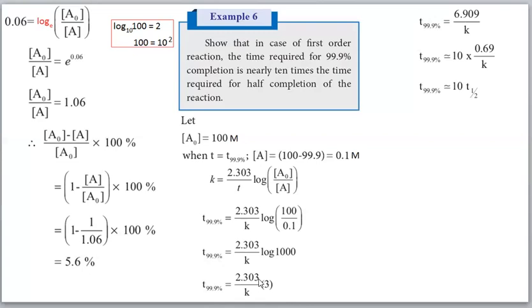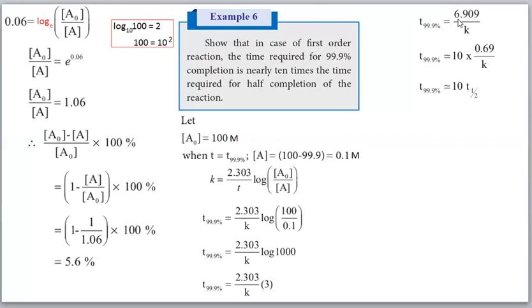We can multiply these two numbers and we will get 6.906 by K, which is approximately equal, not accurately. The 0.006 is small, the last digits only, so we can leave it. Here a 10 is also there, so we can take 10 out. That means the number here is 6.9.